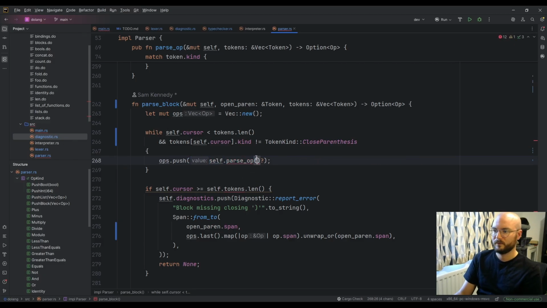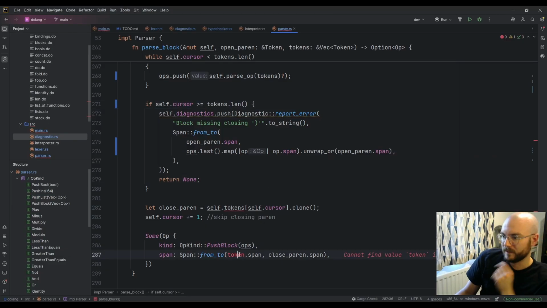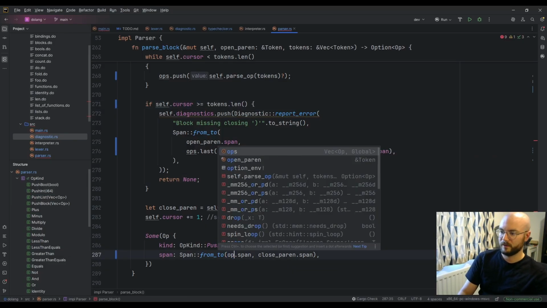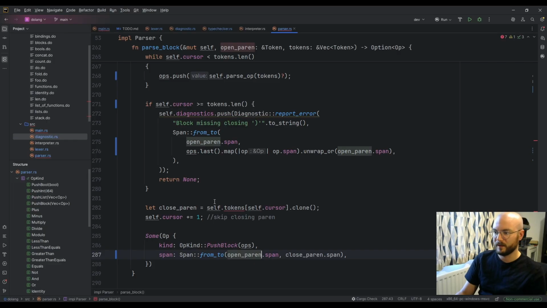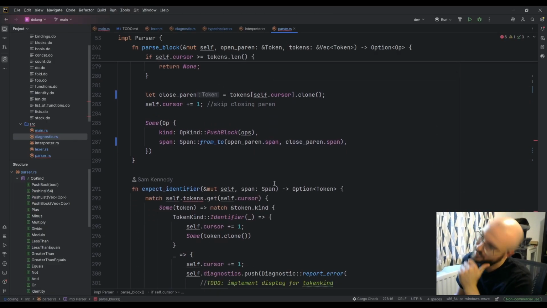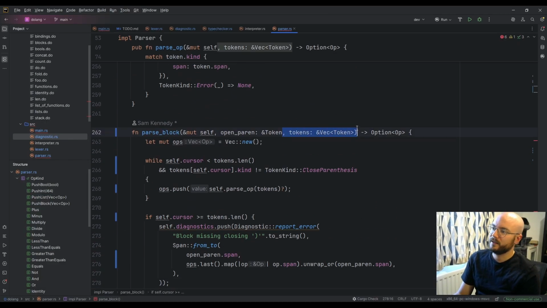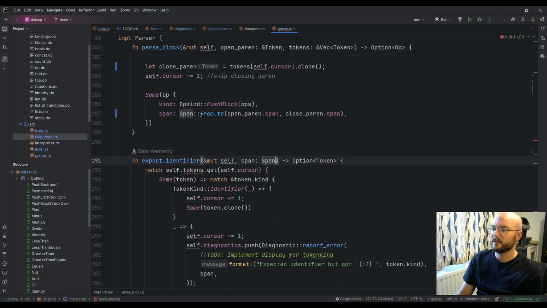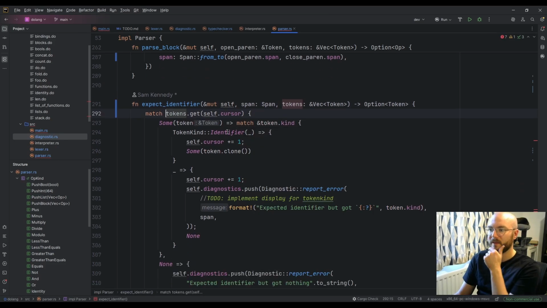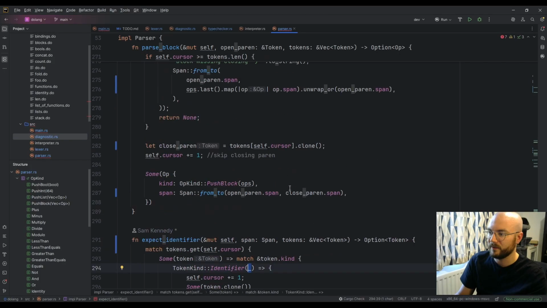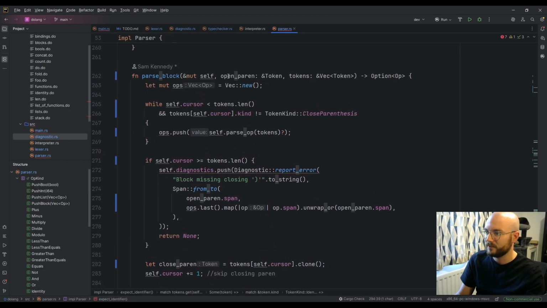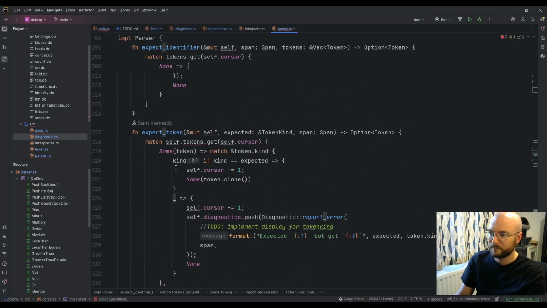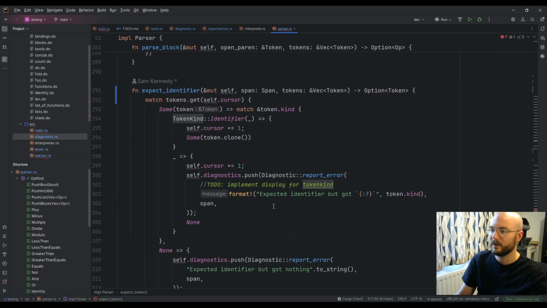Okay, and then this is open paren, and this is just tokens. And then the same for this one, which is parsing an identifier, because it's easier to just have a special function for that to match on identifiers rather than to pass the identifier. Pass the identifier token kind.